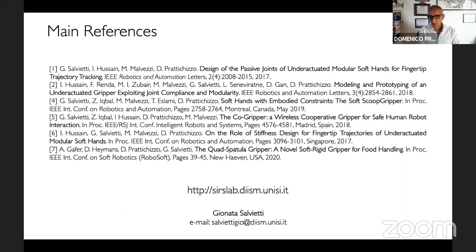While we wait for the question, Gionata, I think that a very nice idea is the idea of the magnets, right? In some sense, I would say that it also allows a less precise control of the fingers, because as soon as you get closer, the magnets keep the attraction. So it's a sort of robust control via hardware in some sense, no? Can you comment on this? Yeah, the idea is that you have this kind of magnetic guidance, because of course when designing this kind of 3D printed parts,